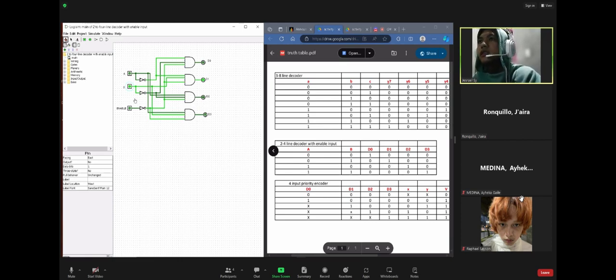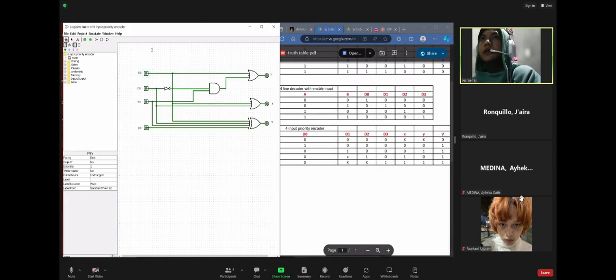Then 10, A is 1, B is 0. Dapat yung iilaw is D2. And as you can see here, umiilaw siya sa D2. And lastly, 11. Then dapat ang iilaw is yung D3. And as you can see here in the table, D3 ang umilaw. So that's it for 2 to 4 line decoder with enable input. Next, which is